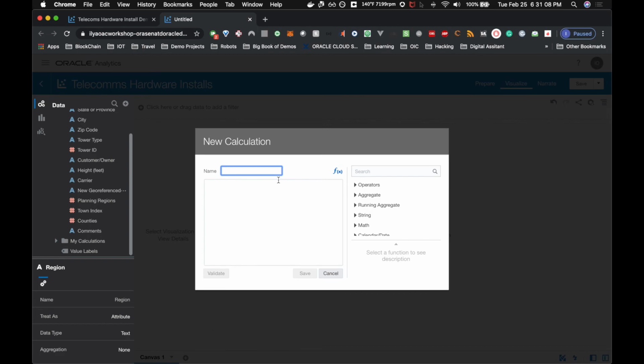In the name of the calculation, we'll call this tower install base. And we'll also use the calculation count distinct tower ID. So after you've done that,